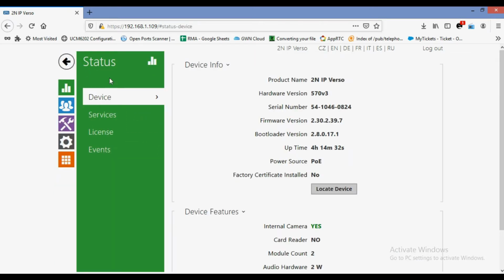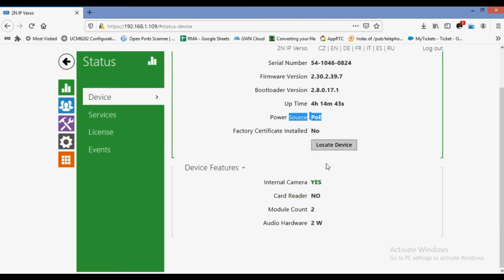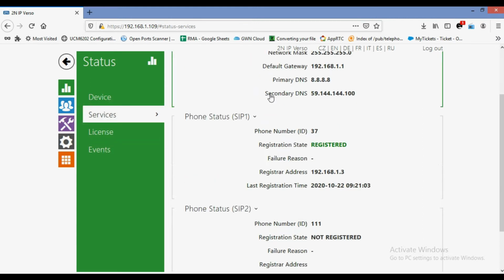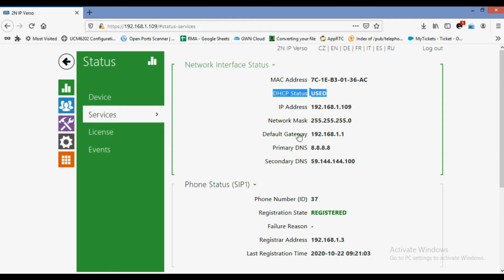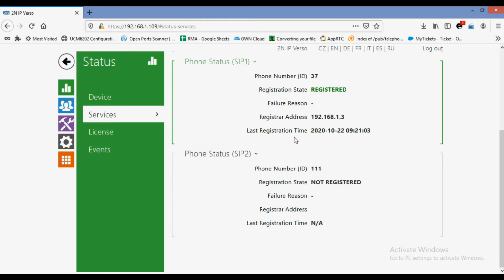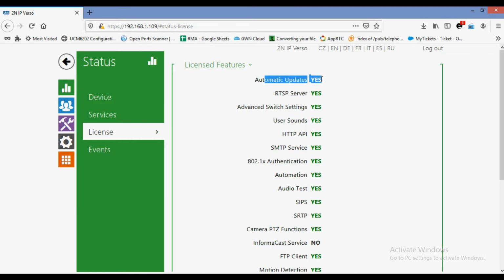So this is the status page. Here you can see the 2N product name, hardware version, serial number, firmware version, bootloader, uptime, power sources, PoE, internal camera, services. It is using DHCP to get the IP address on the network and is registered on the SIP server. Okay, and you can see the license. So we have a gold license in this 2N IP Verso,